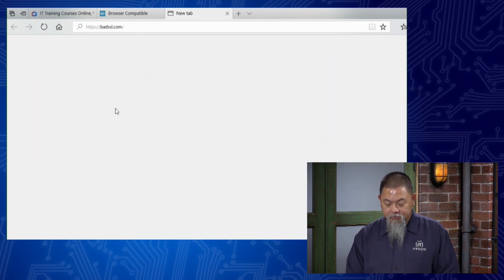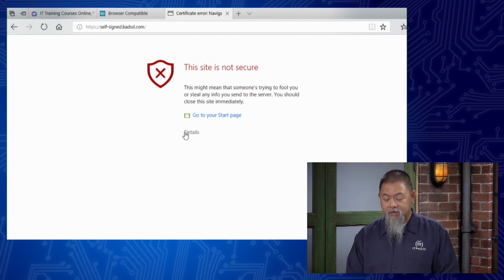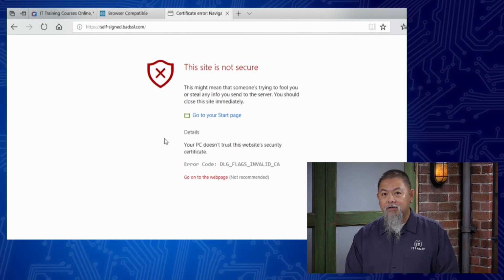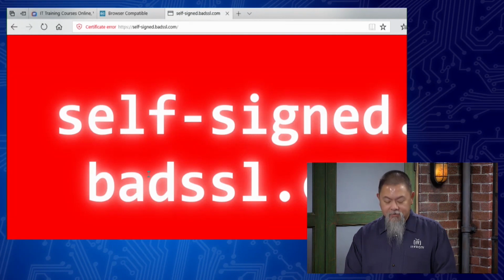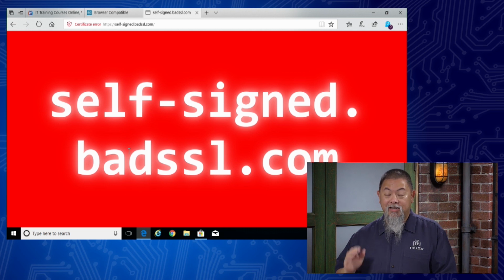All right. So let's see what happens if I go to one. Now, you don't really want to do this on the internet itself as far as your own page, but this one's for demonstration. So you might even see that it actually kind of does this, where it takes everything and turns it into this red page here. But it will let you go on if you actually say, I don't care about that, and let you proceed